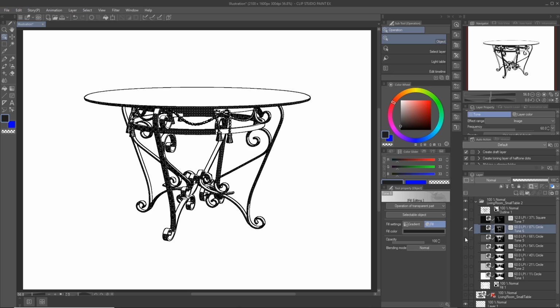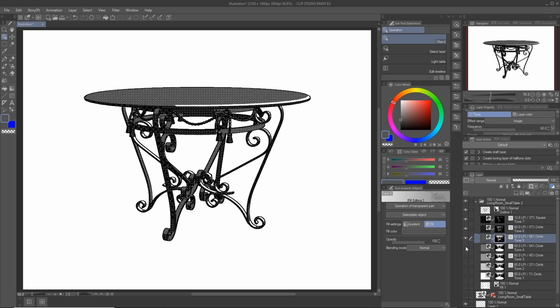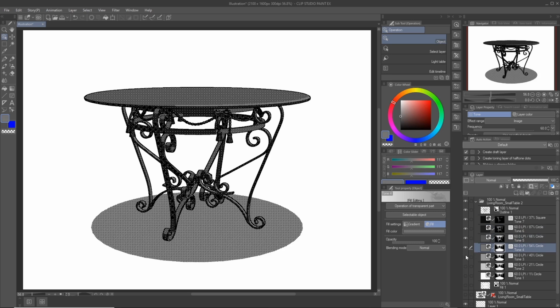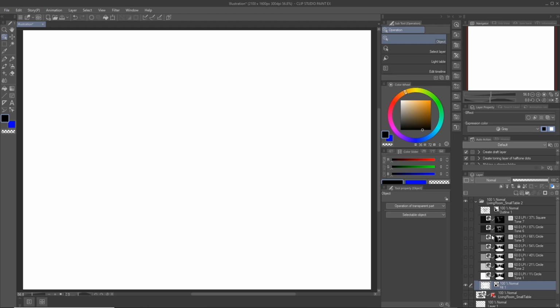As we move down the list, you can see how all the values that we added to that slider bar when we LT converted were separated into their own layers. This gives us the ability to have a ton of control. And then the final layer of the LT convert is the fill layer.